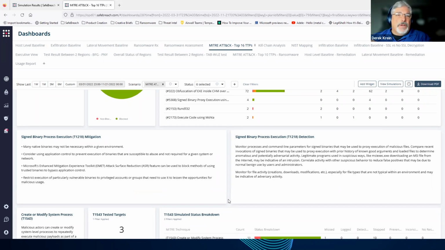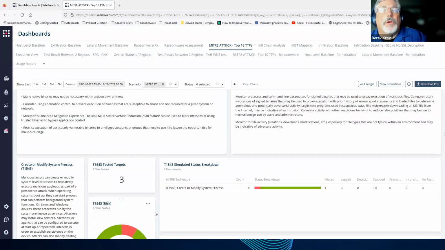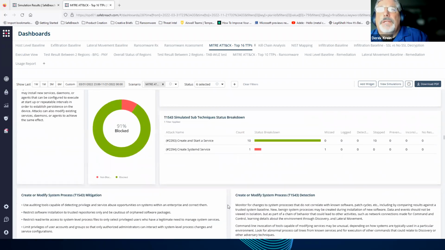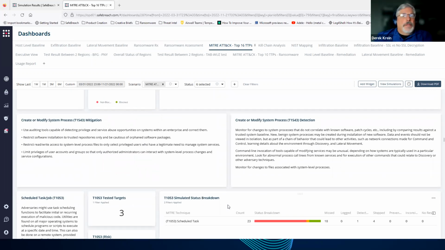There may be several even on a sub-technique basis individually to verify your detections and to tune your detections. This gives you a really good basis to continue your detection engineering program and build it out in a way that is much simpler than, say, using a red team to do adversary emulation. It's automated, it's repeatable, and it's measurable, and allows you to speed up your processes in a way that we haven't really, from an industry perspective, been able to do in the past. BAS is a newer, emerging technology that really gives us that capability.